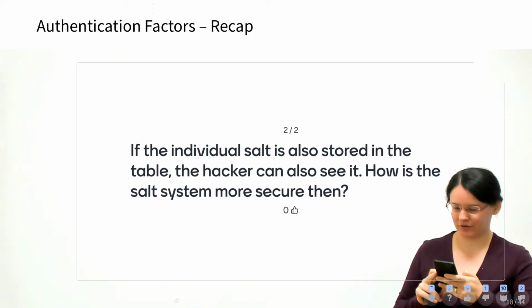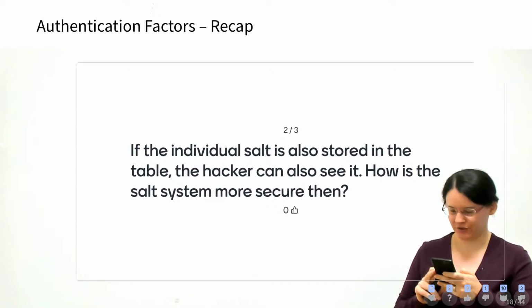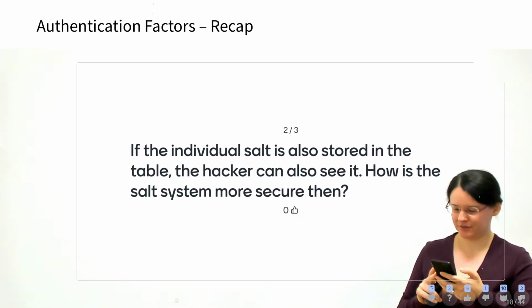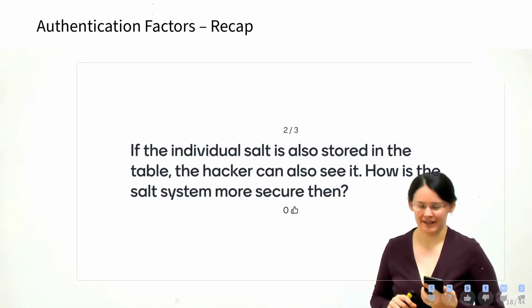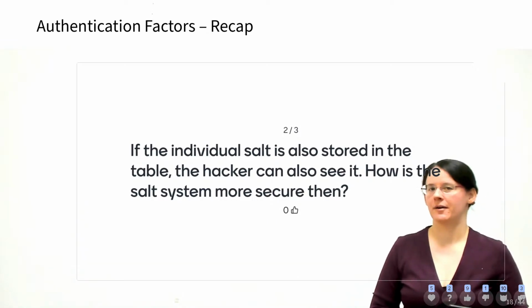Then we have one more question here. If the individual salt is also stored in the table, the hacker can see it. How is it more secure? Yes, indeed, the attacker can see it, but the point is,